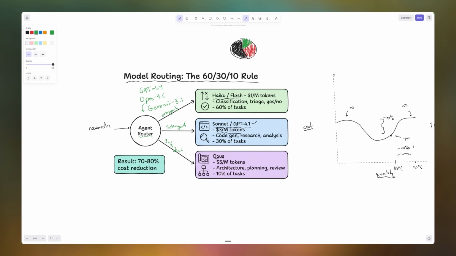I mean, just think about it mathematically. If previously you were doing 100 million tokens times $5 per 1 million tokens, what's the cost there? Well, that's obviously going to cost $500. And so that's your Opus only, right? But if you did 10 million times $5 plus 30 million times $3 plus 60 million times $1.